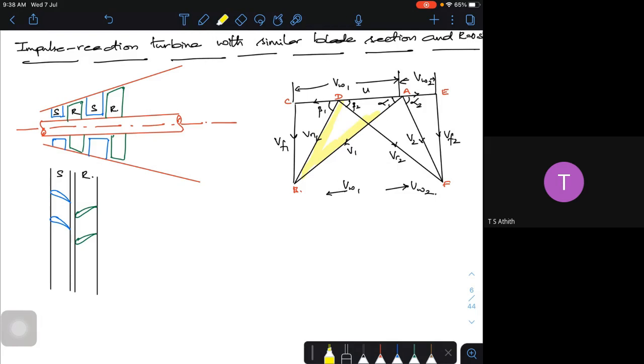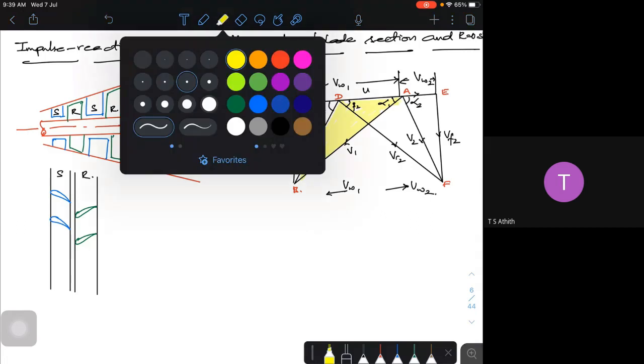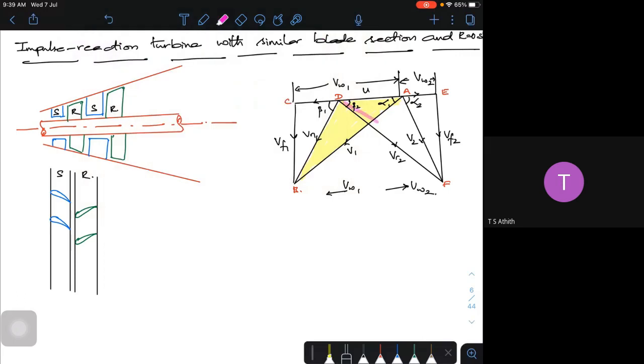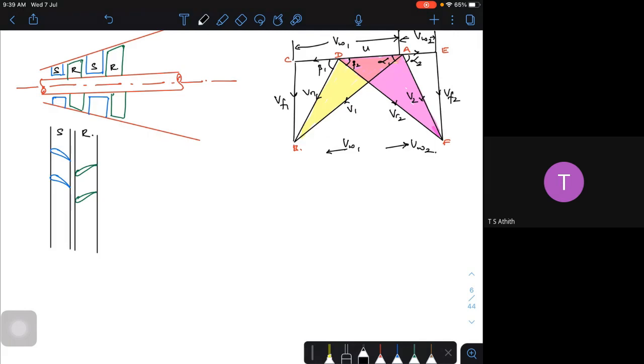So this triangle, the yellow one, and I try to take the pink one. Let me take a pink color. Okay. This triangle will be same. So this triangle and this triangle, that means both are exactly, one is the mirror image of the other. Okay. One triangle is the mirror image of the other triangle. So under these conditions, that is when R is equal to 50%, when one is the mirror image of the